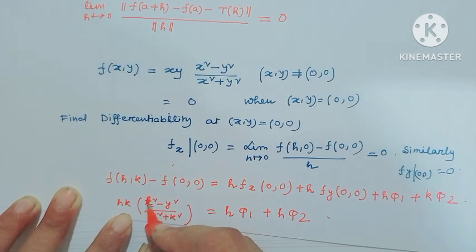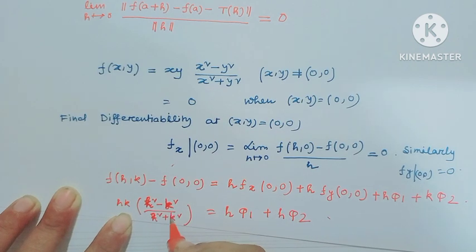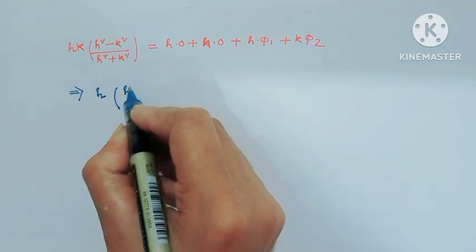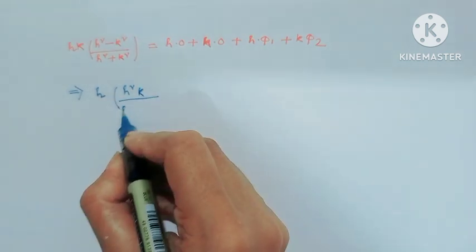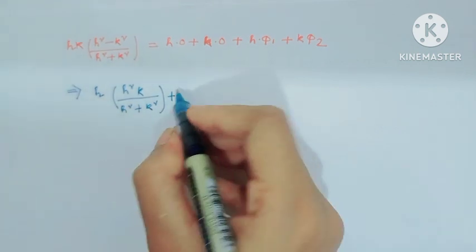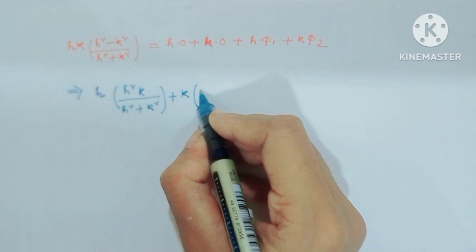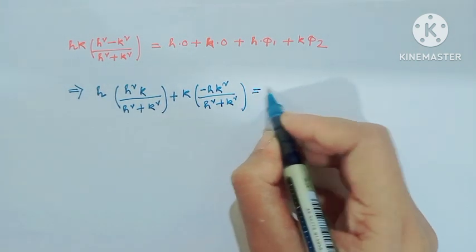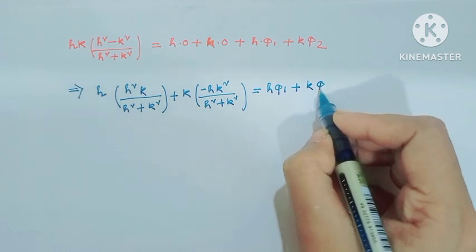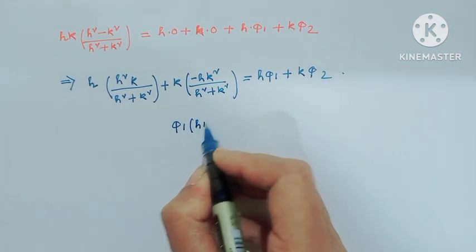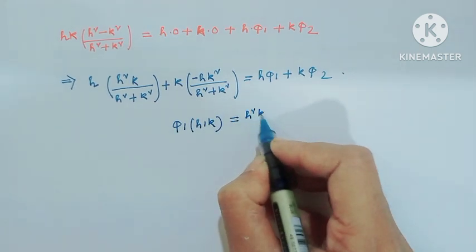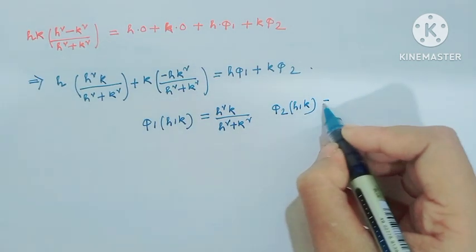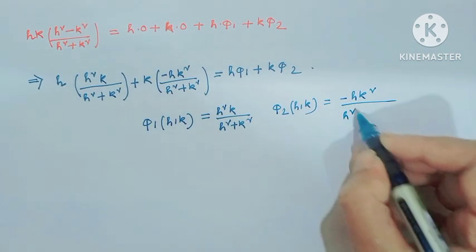Here f(a, k) = (a² − k²)/(a² + k²), so this value would be ... Therefore this implies a·(a²k)/(a² + k²) plus k times (−a k²)/(a² + k²) equals a·φ1(a, k) + k·φ2(a, k), where φ1(a, k) = a²k/(a² + k²) and φ2(a, k) = −a k²/(a² + k²),